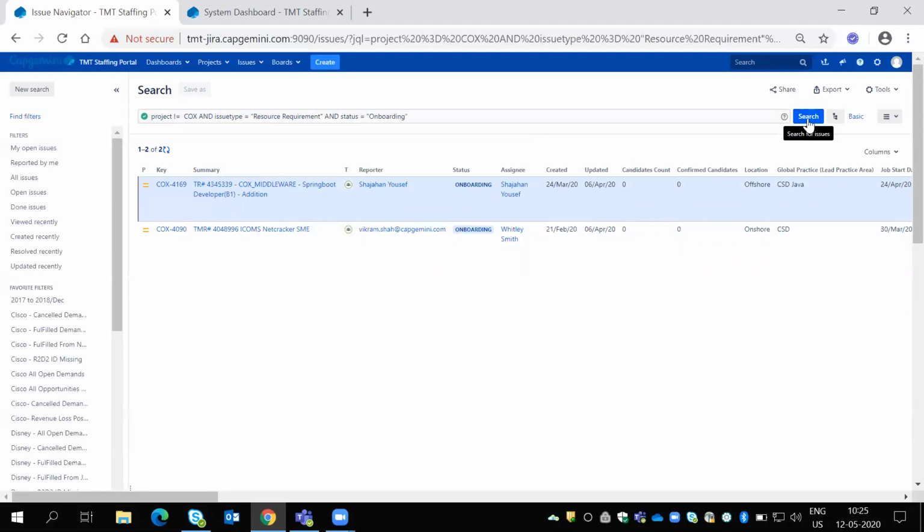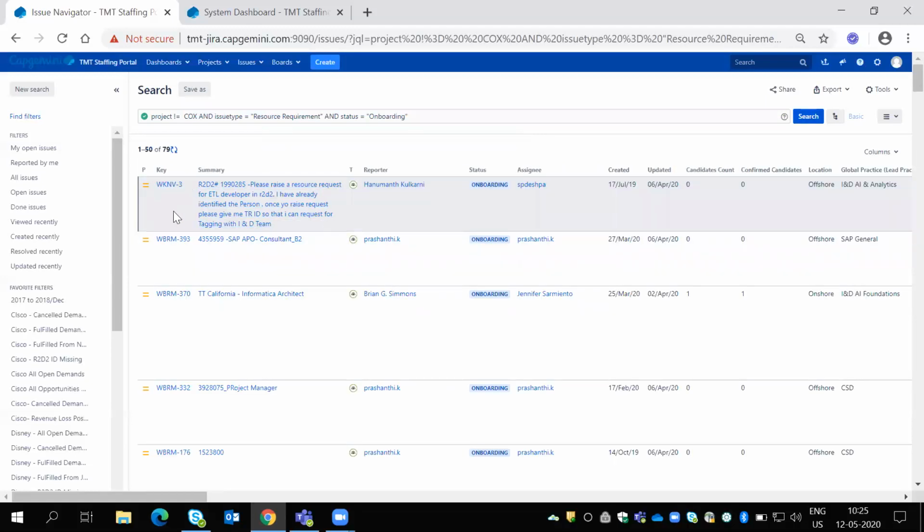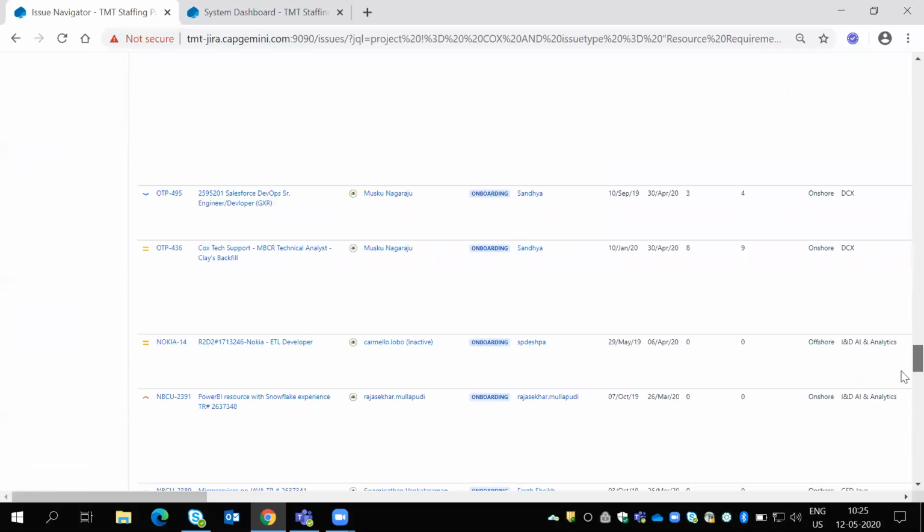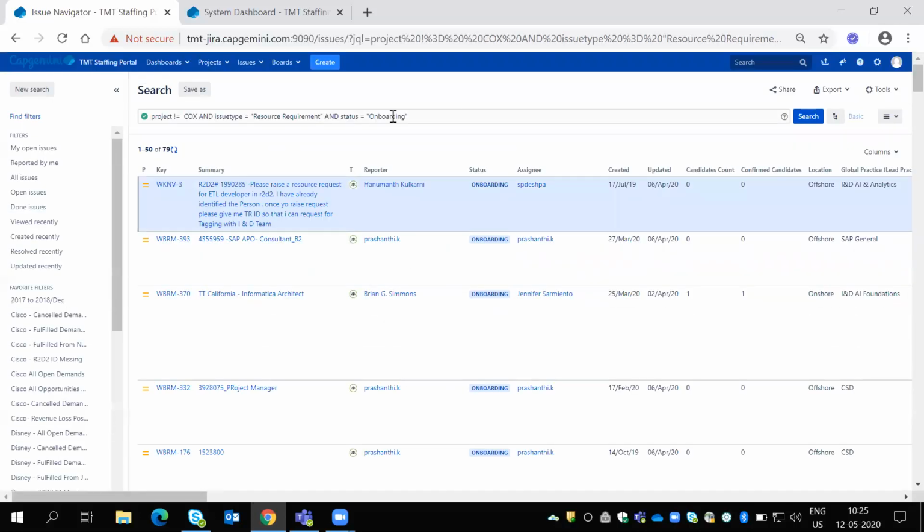Now if I select not equal to Cox project, except Cox project, all remaining projects will come. So the query is all remaining projects, suppose Wiki, WB, something different. In this Cox is not there. T-Mobile, NPC or something. So my requirement is all projects except Cox, and issue type is equal to resource requirement and status is equal to onboarding.